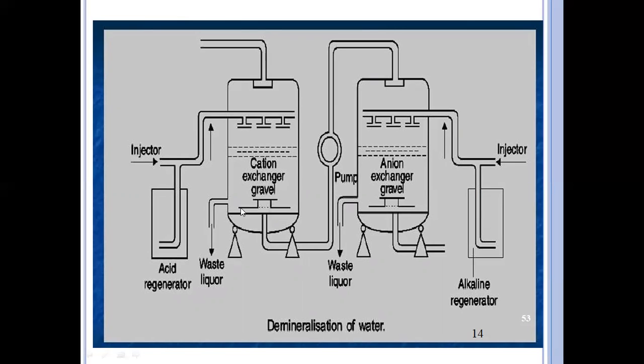Why? Because we placed the cation exchanger here, and the water enters the second compartment where we placed the anion exchanger. The water which comes out of the first compartment has only anions. These anions are exchanged in the second compartment by the anion exchanger. After that we get pure soft water, right? This is how the ion exchange process goes on. The first one is the cation exchanger and the second one is the anion exchanger.